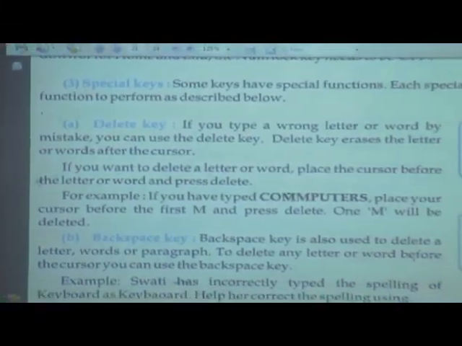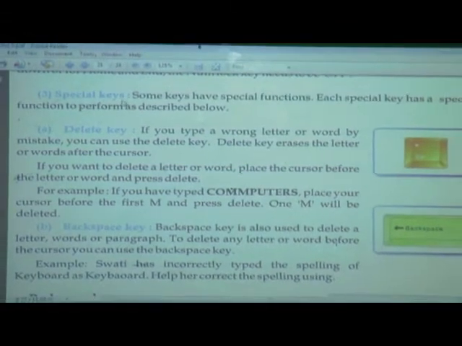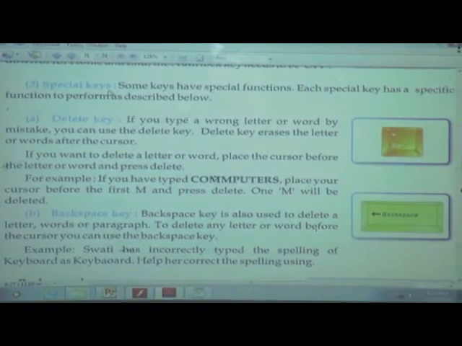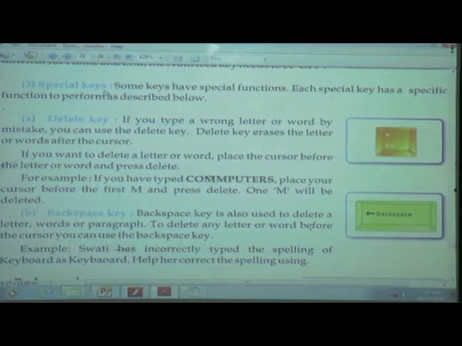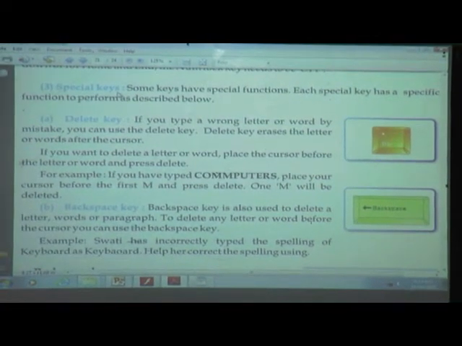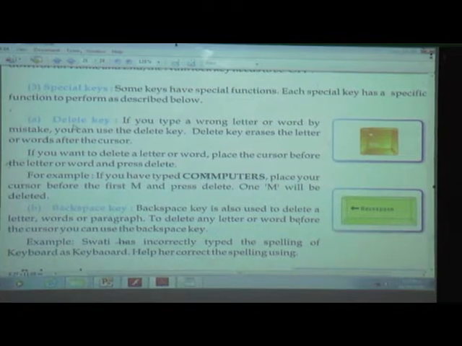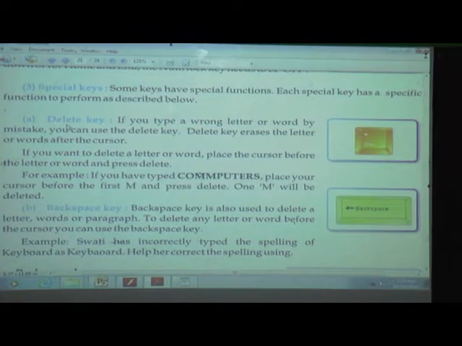We have studied up to the delete key, which is among the special keys. Special keys include the Shift key, Control key, Alt key, Delete key, Page Up key, Page Down key. Of these, we see the delete key first. What is the use of the delete key? If you want to erase a letter, we use the delete key. But the delete key erases the letter after the cursor, meaning the right side of the cursor. We will see this practically.